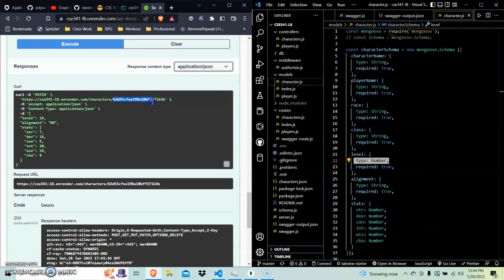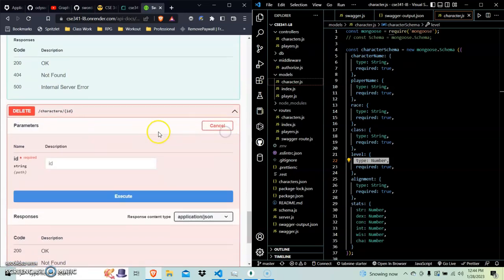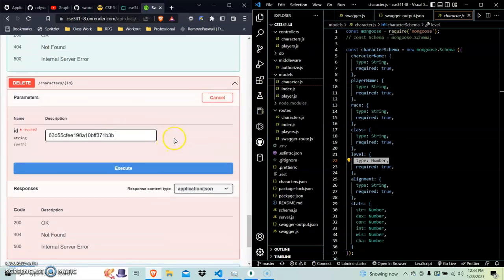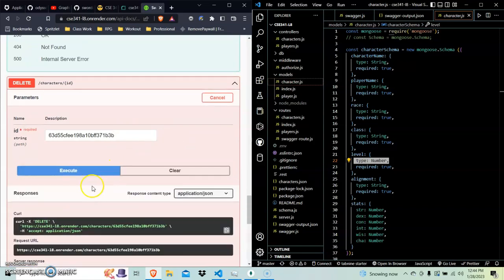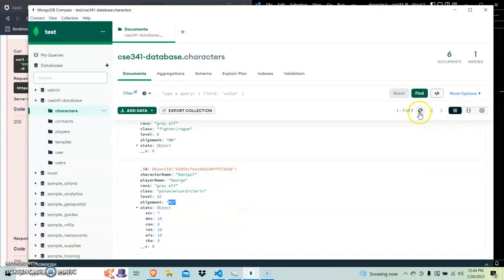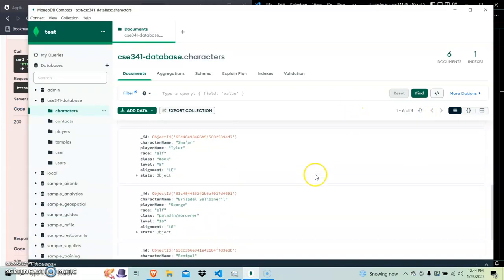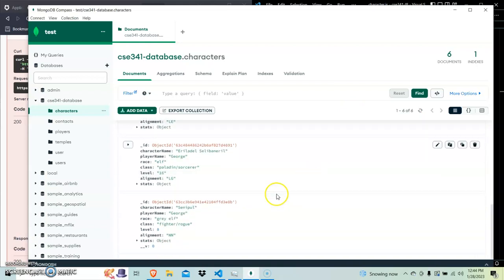However, unfortunately for us, he strayed too far into a bugbear cave without his buddies, and adventuring life is very difficult. So we're gonna kill the poor guy off. So we have a code status 200, successfully deleted, and if we look at our database again, we now only have 6 characters. Big sad, it's a hard life we live. This is a different version of Snowball, don't worry about